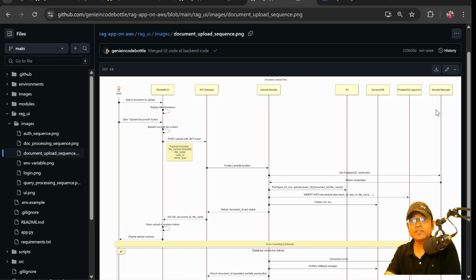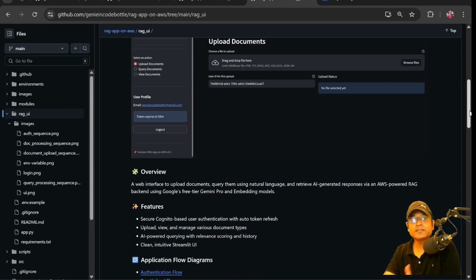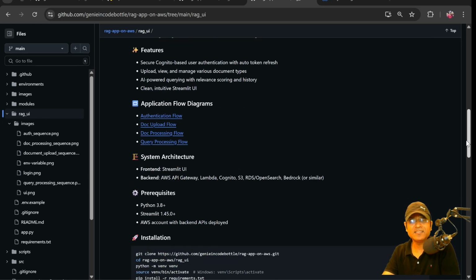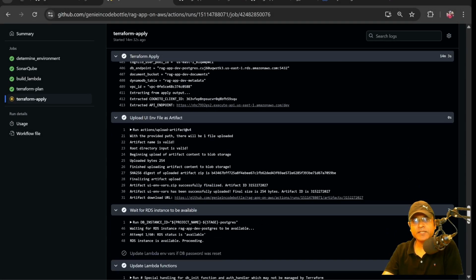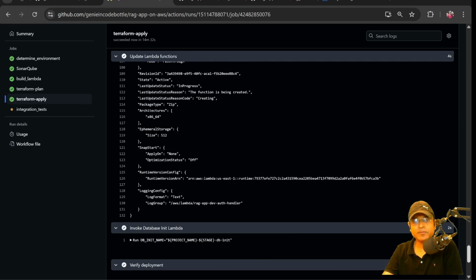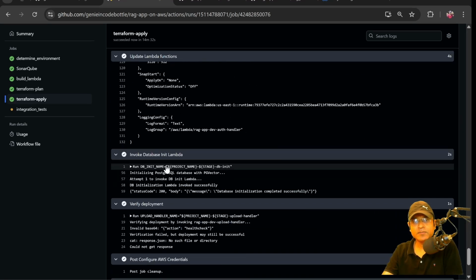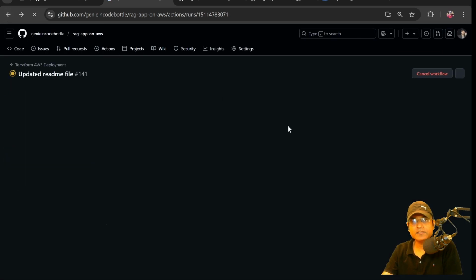So all these flows are there. You can go through and understand. It's a very well documented sequence diagram, and you can easily understand this part. Now we can see this deployment part is completed. All these checks have started, and we can see all these things happening. And the invoke database init Lambda is also done here, and it is showing 200. And everything is completed. I think I can go back and see,